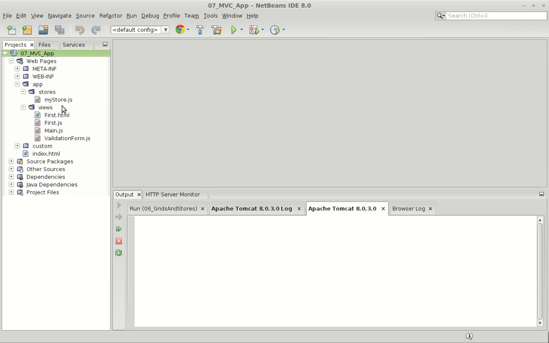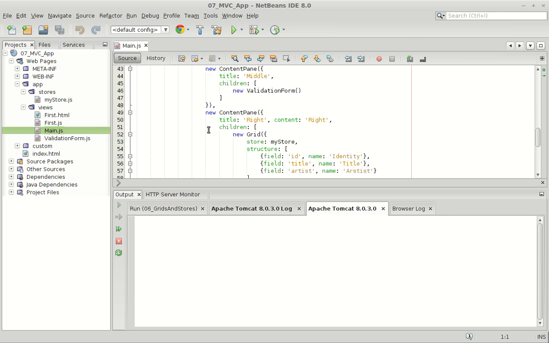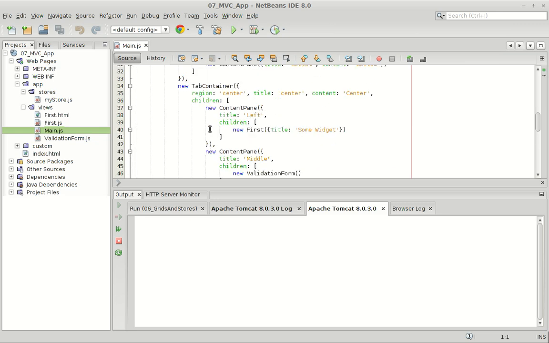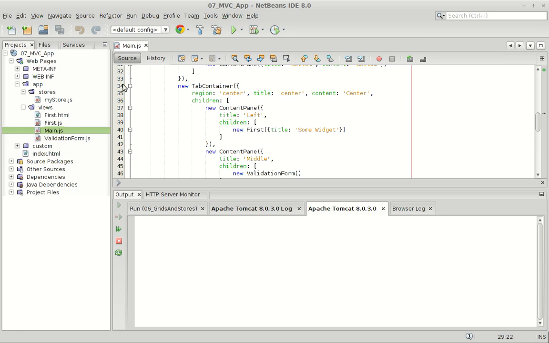Before we were creating only views for our application, and we also create a store, but we never create a real controller. And why do we need a controller? What I'm going to do right now is just open this main application, and I'm going to add to the previous application that we made,